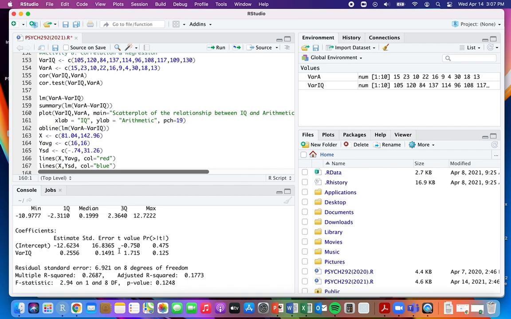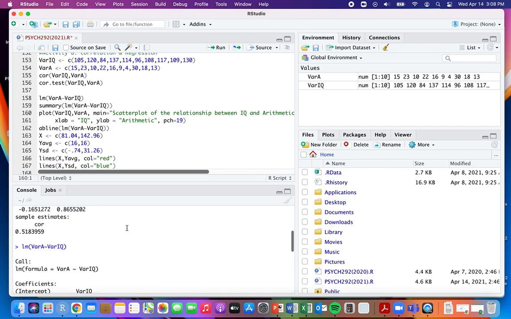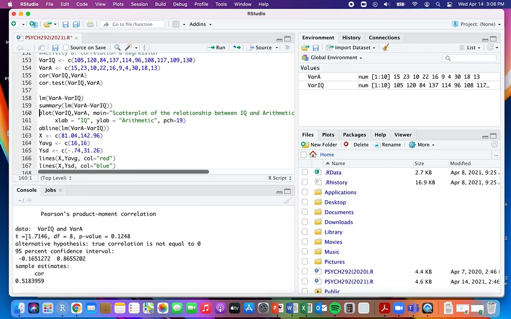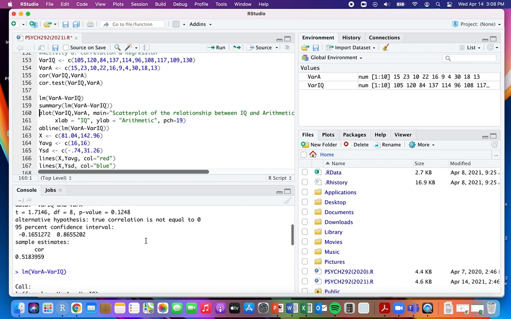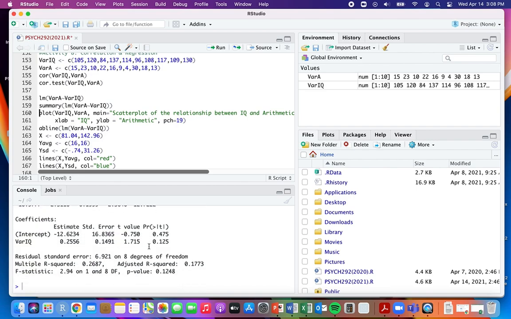One thing I would note is that the t value for the slope is 1.715. If we go back up to the correlation, we see that the t-value is 1.715. In fact, they'll always be identical because, at least in simple linear regression, the t-test is exactly the same test when you're looking at the correlation and the slope of the regression line. So if you wanted to write out your regression line, right, it'd be y hat is equal to 0.2556 times x,